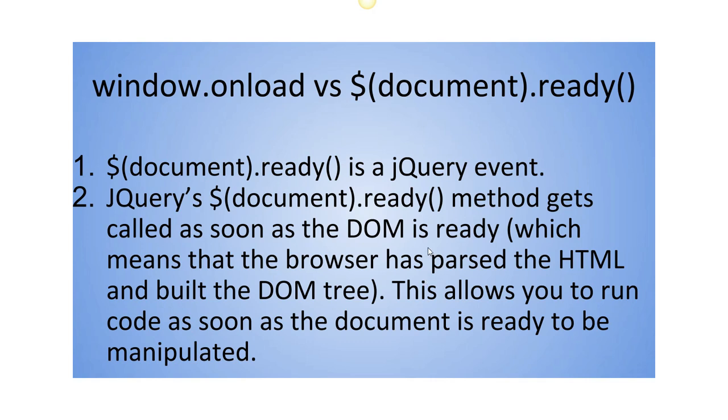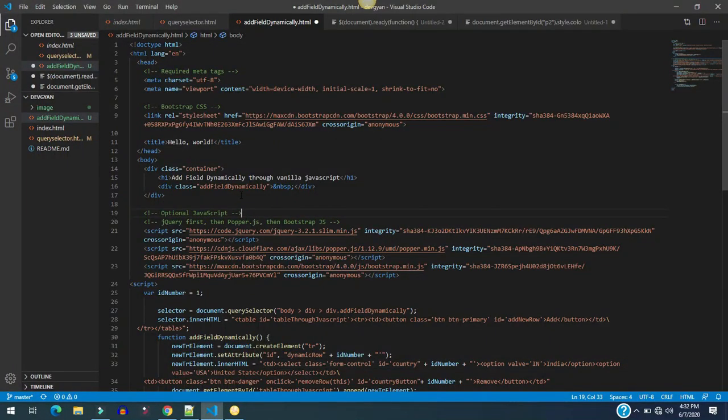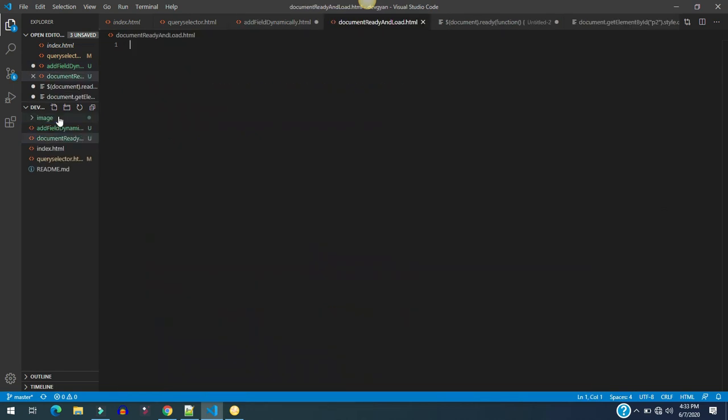So let's try to understand these things in action. Let's move to our code editor. Now I'm going to create another HTML file, where I will show you an example of document.ready and window.onload. So let's create it.